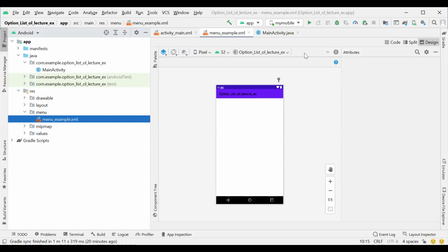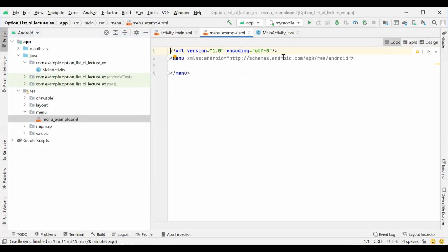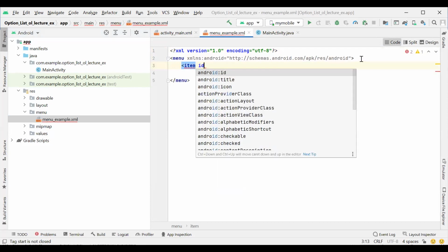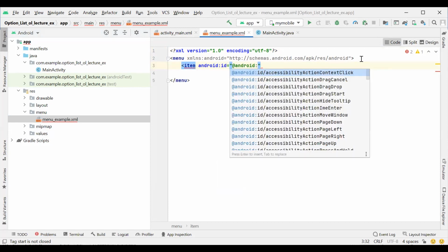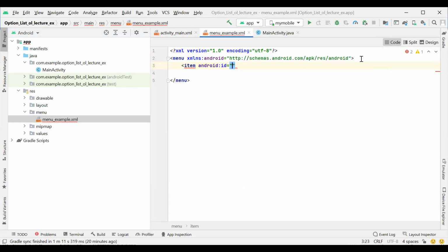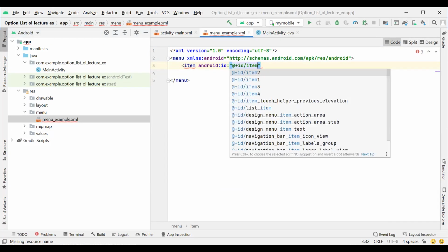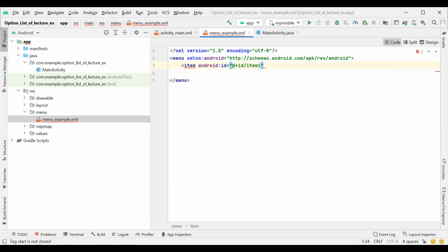So the source code is here. Here we add the item. I told you before that the ID is the first important attribute. So here we give the ID and name it item1.